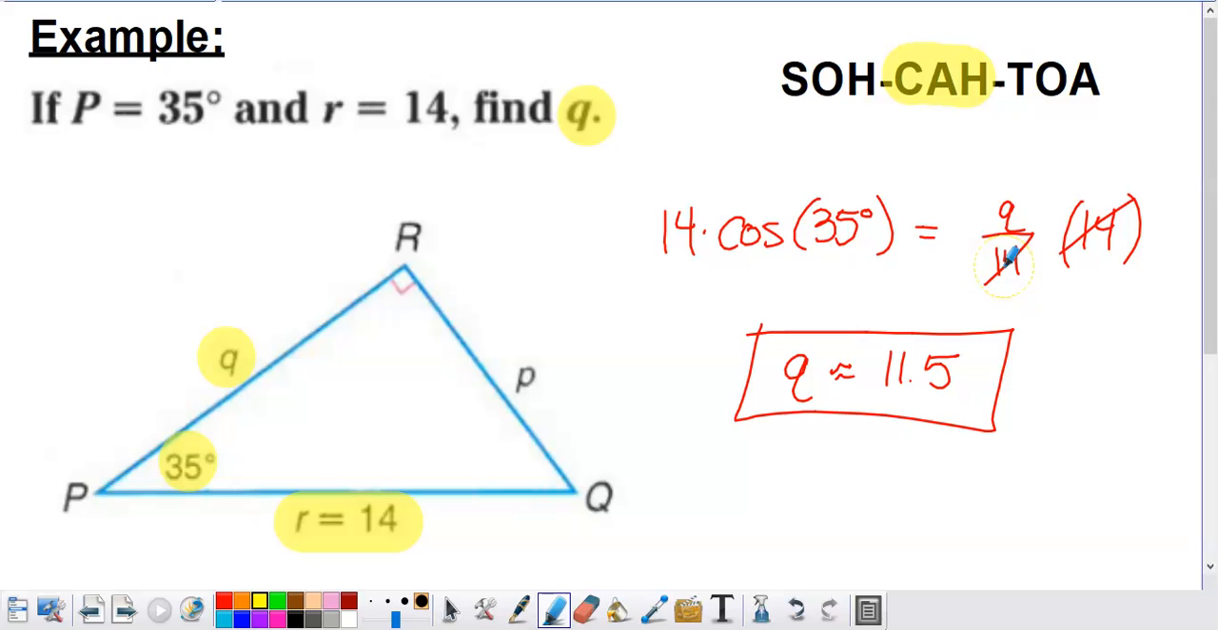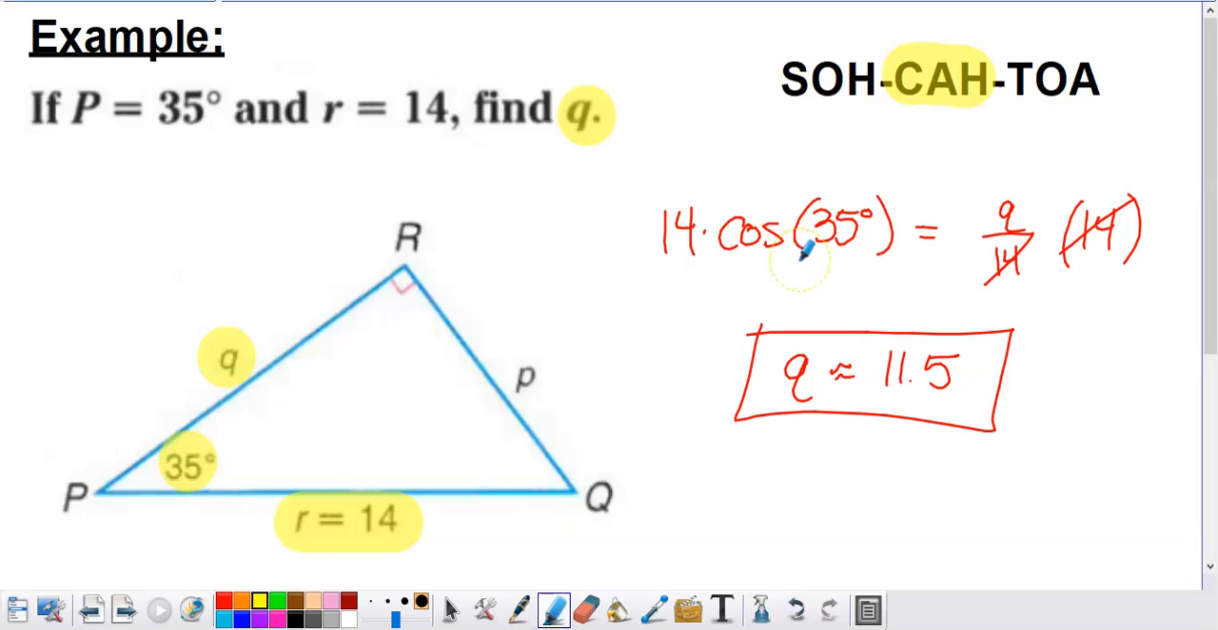What I need to do is I need to solve for Q. So the way that I'm going to undo this division here, you see it's already been done, I'm going to multiply both sides by 14. So that's actually where this times 14 came from. Because when I multiply by 14, these cancel out into a 1. So I'm just left with Q. And then what I can do is I can go to my calculator and I can type in 14 times